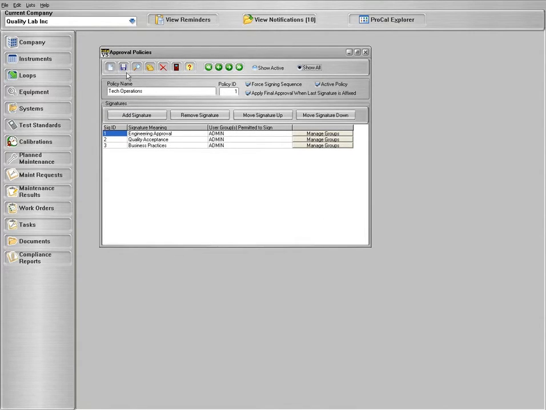To start a new approval policy, you will click Add New, and we'll call this one Example. You may also force signing sequence, make it an active policy, and apply final approval when the last signature is fixed. We'll just select all of these, and now you will click Add Signature, and the signature meaning line now is kept. We'll call this Admin as an example, and now you can select from the user groups permitted to